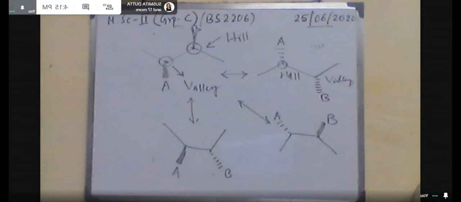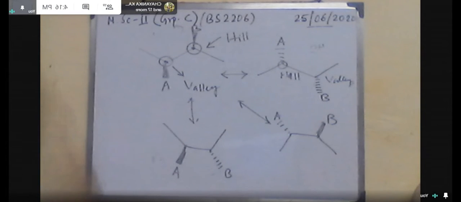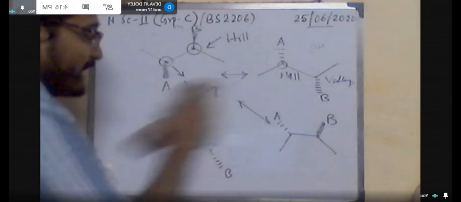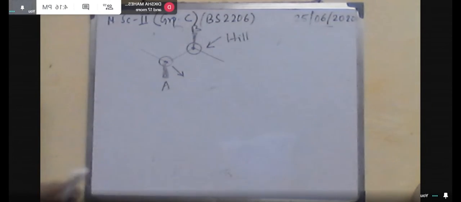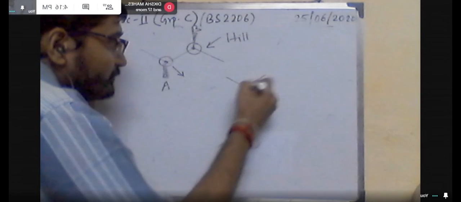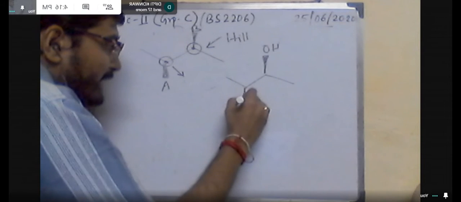This is 1, this is 2, this is 3 and this is 4. The second group is in the backward, so as per convention 2B plus, and 1, 3, 4 clockwise rotation, that means plus. So plus into plus, this is R. So your interconversion is absolutely correct. Similarly, you can find this is S. So this is the basic misconception in your interconversion in the exam copy.